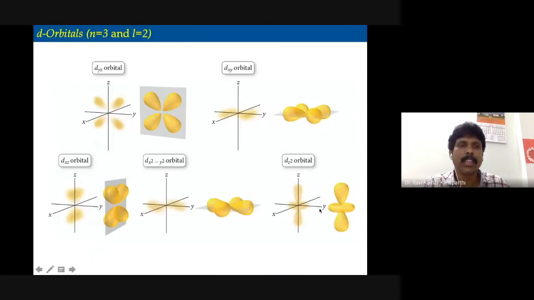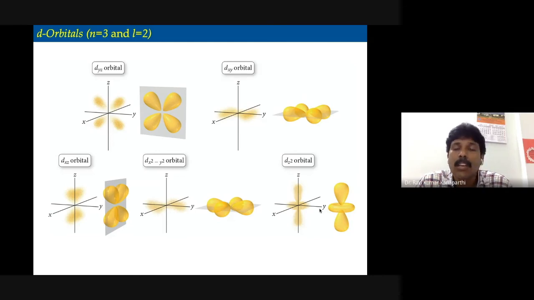So the other d orbitals, plotting the other d orbitals takes a little more time manually. Because the spherical harmonics of the other orbitals, like we know that the 3dz square is fairly easy, we can do it, but the other harmonics, dxy, dxz, dyz, then x square minus y square, all these things take a little more time to plot manually.